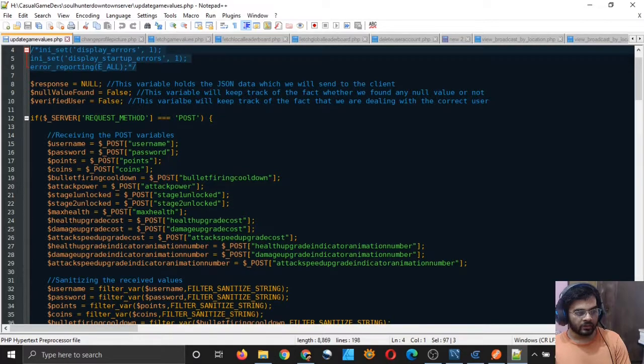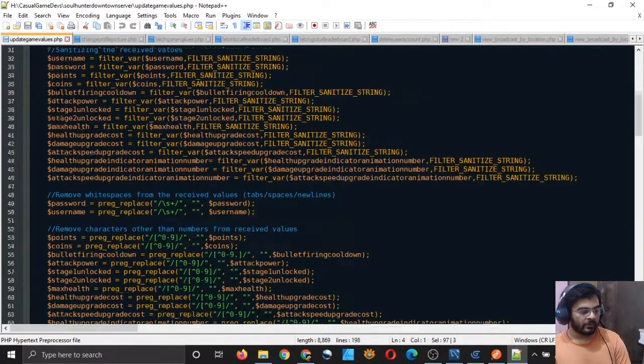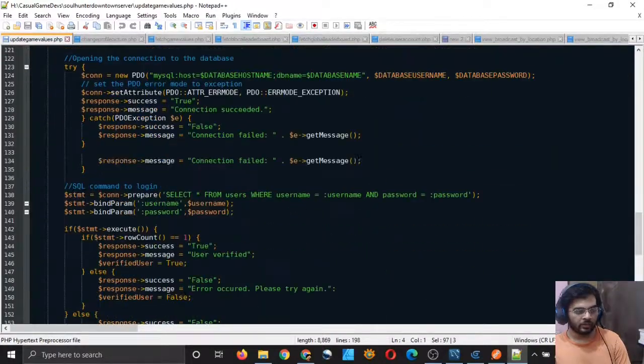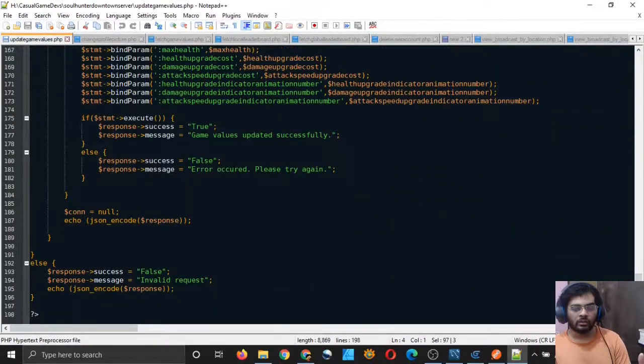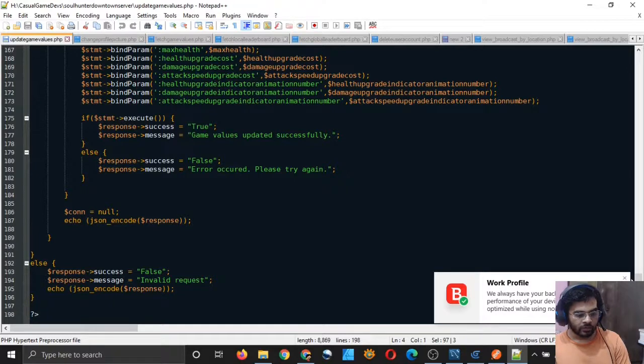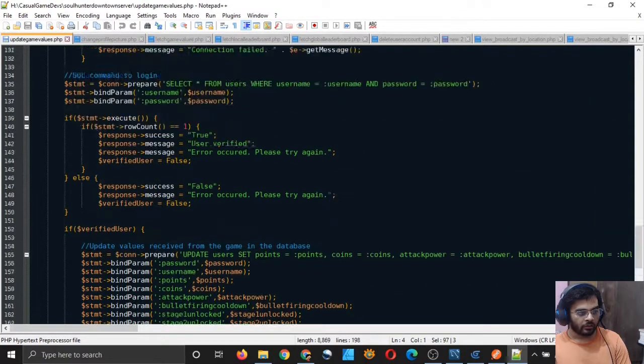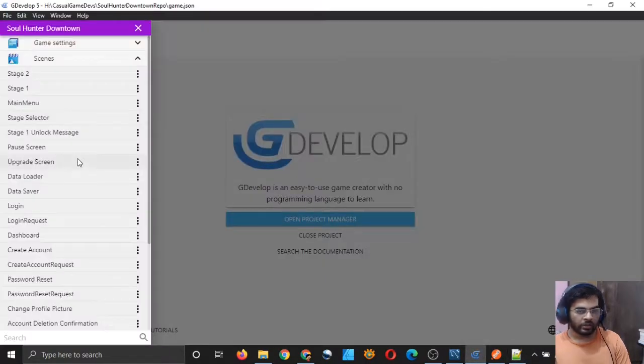So we are receiving all these from inside the game, and then this script is saving them, updating these values in the table. So what I would like to do is, when we are creating a new account in GDevelop, I would like to send the default values of those variables to this script, so that this script can update the user's record with the default values, right?